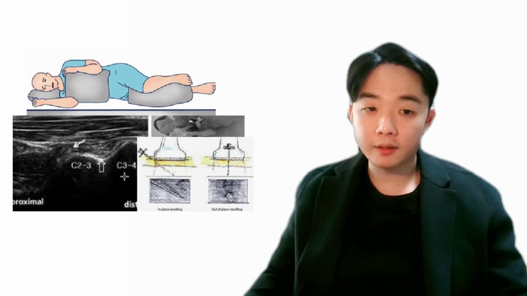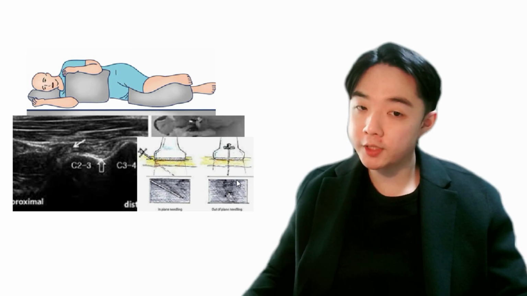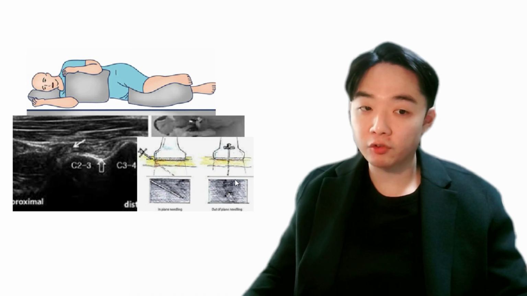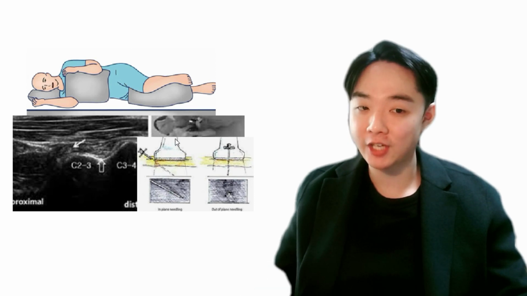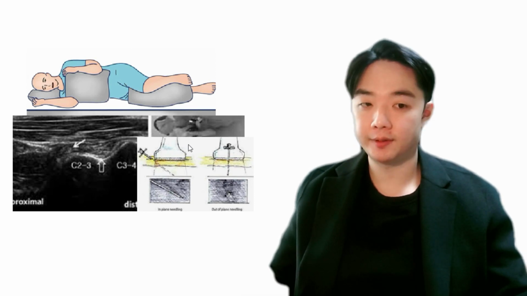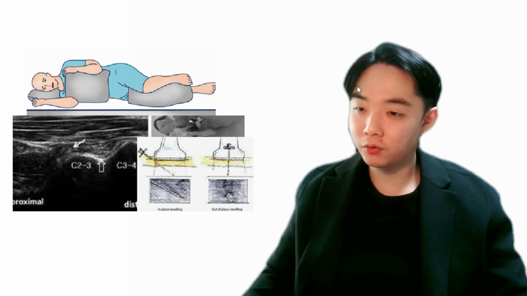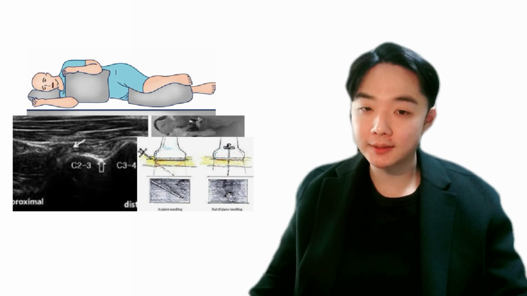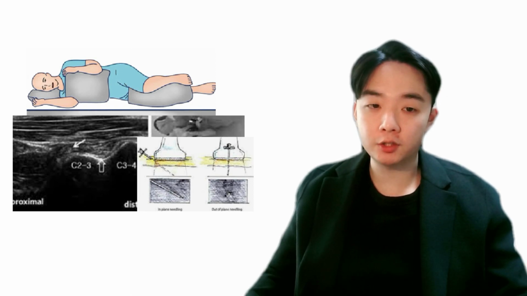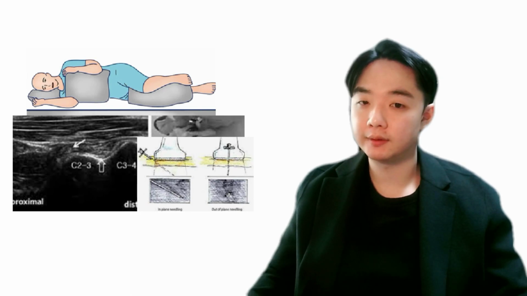In this state, the out-of-plane technique can be used for injection treatment, and the ultrasound can be rotated 90 degrees for in-plane technique injection treatment, which is safer. The injection agent is mainly 0.25% lidocaine, about 1 cc per site, and it is recommended to use dexamethasone if using a steroid.